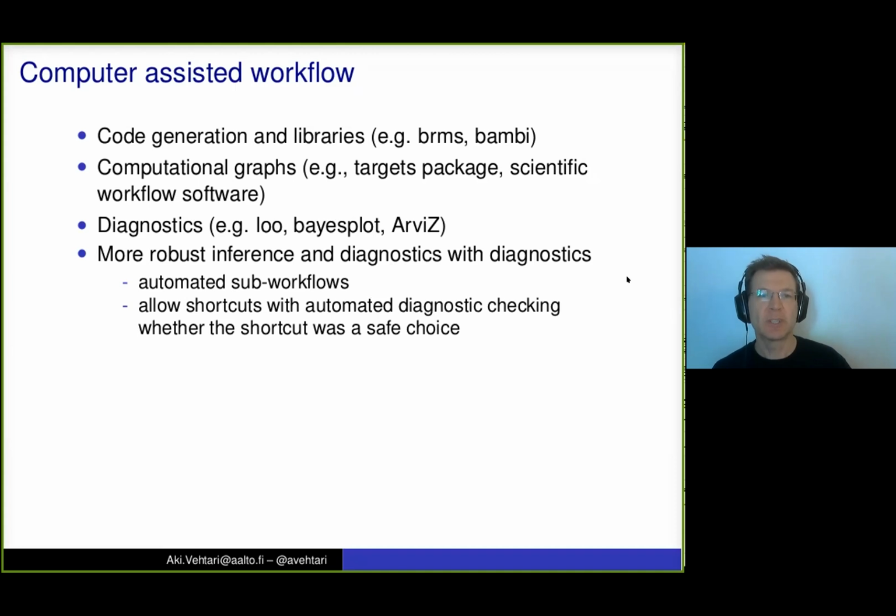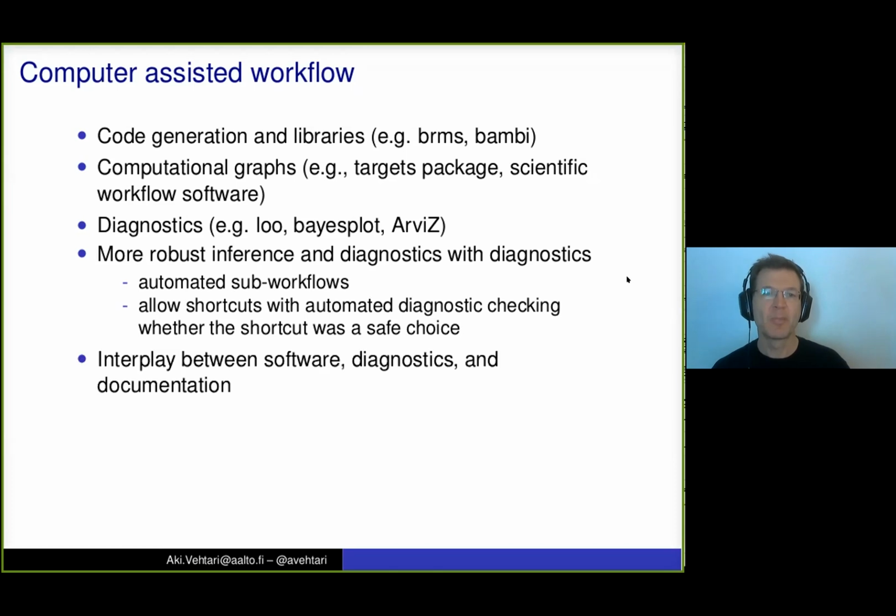We want to go towards more robust inference and diagnostics that have their own diagnostics, automated sub-workflows, and allowing shortcuts, so that from the user perspective, they can skip some things that are usually recommended, especially in the early phase. But we would have an automated diagnostic telling whether that shortcut is the safe choice, and then telling that, oh, actually, now it seems that you have to be more careful in this part. And then this interplay between software, diagnostics and documentation is a very complex thing.